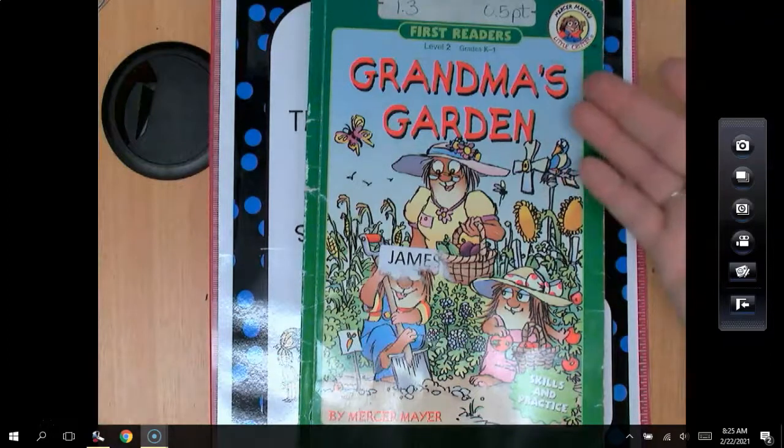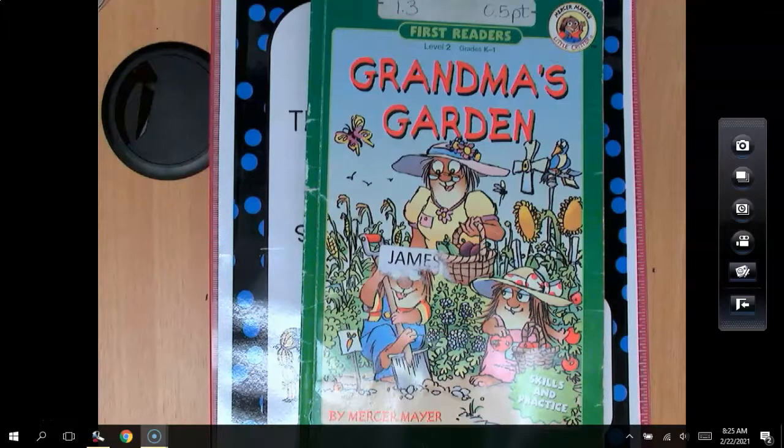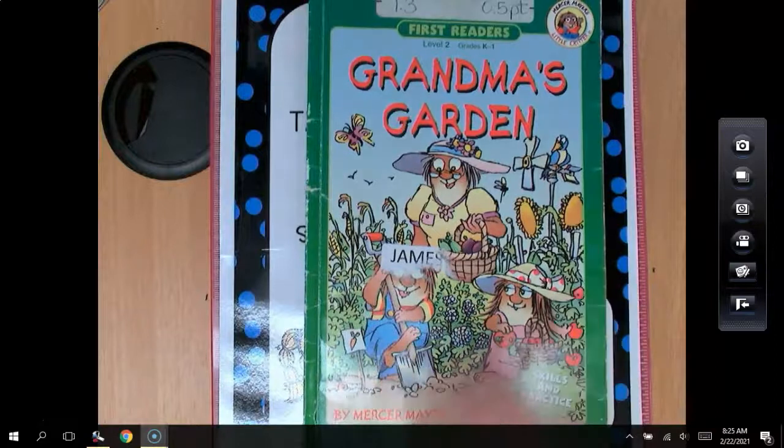Obviously, it's going to have to do with Grandma's Garden. Our title gives that away. My details are going to support what happens in Grandma's Garden. Our details support the main idea. So I might have one main idea with 3 or more supporting details in a fiction story,